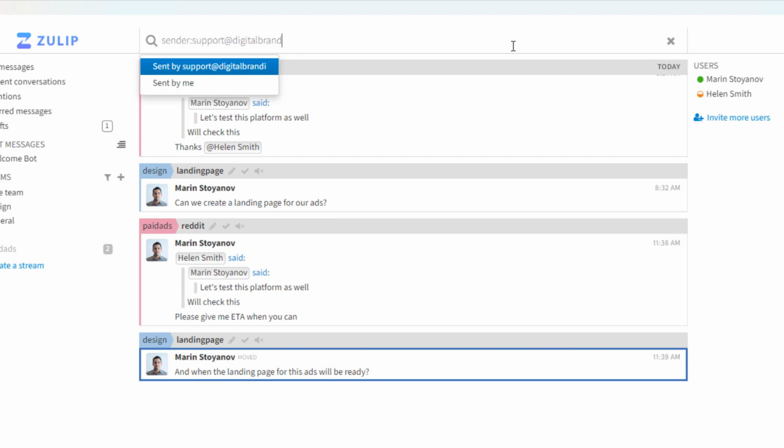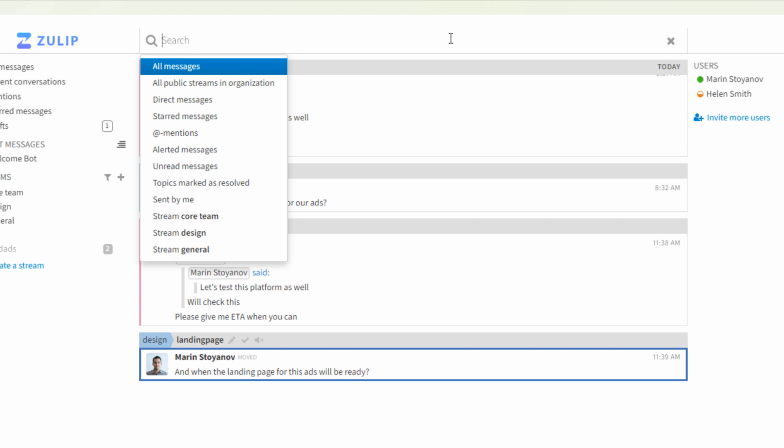In addition to its basic and advanced search functionality, Zulip also offers a number of search filters that allow you to further refine your search results based on things like message types, whether the topic the message was sent to has been marked as resolved, and more. This can be especially useful if you are looking for specific types of content or if you need to find information in a particular category or topic.